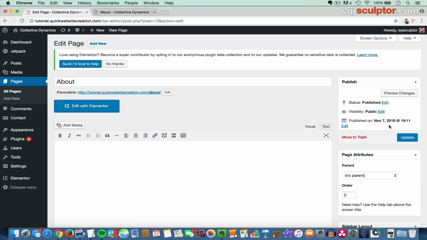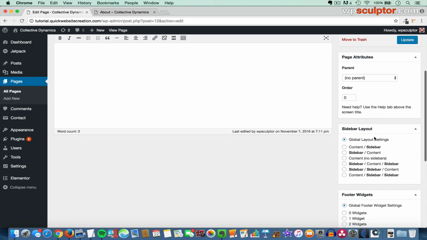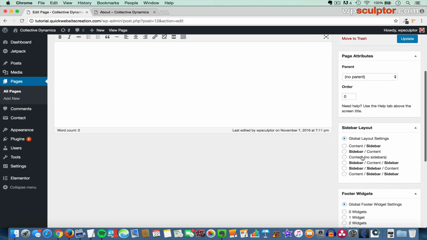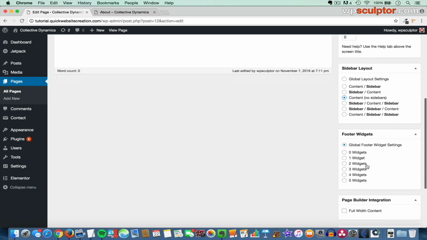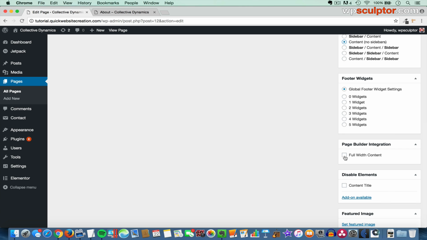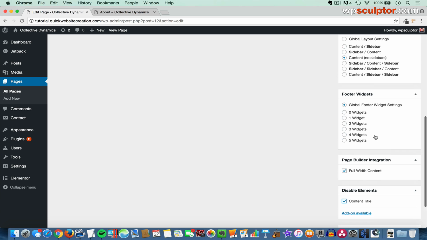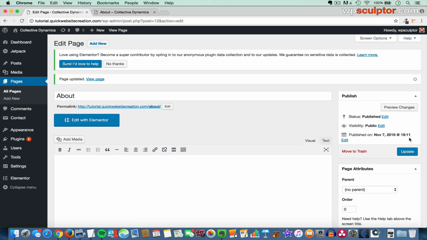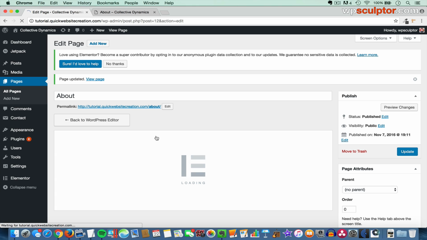And then, of course, we're going to make our adjustments here to get complete control with the Elementor Page Builder plugin. So we're going to choose Content No Sidebars, and we'll check the box next to Full Width Content and Content Title and come up and update the page. And then the next thing we need to do is click on Edit with Elementor, and that's going to launch